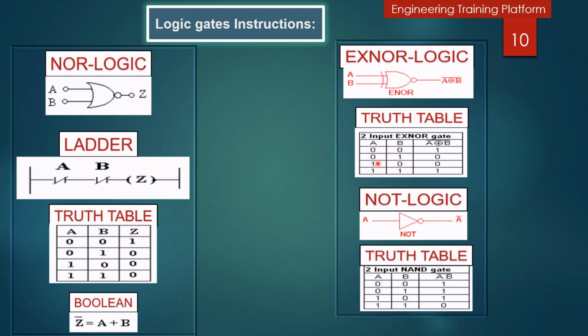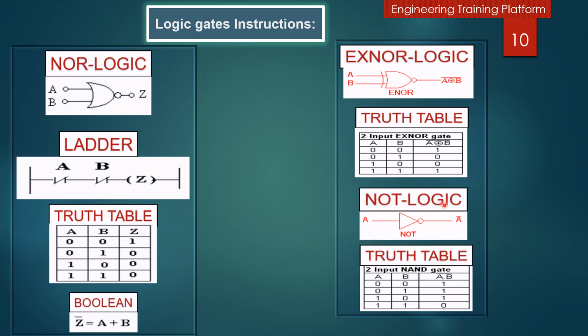When input A is 0 and input B is 0, the result will be 1. The same equation you can see: in the exclusive NOR, when there is an even number of 1s, the output will be 1. When there is an odd number of 1s, the result will be 0. It means both inputs are 0 0, or input 1 and input 2 are 1 1, the exclusive NOR will be operated. On the odd values 1 0 or 0 1, the exclusive NOR logic will be 0.